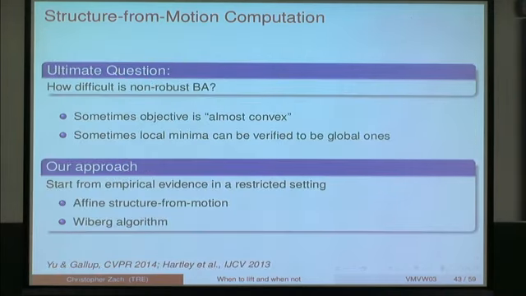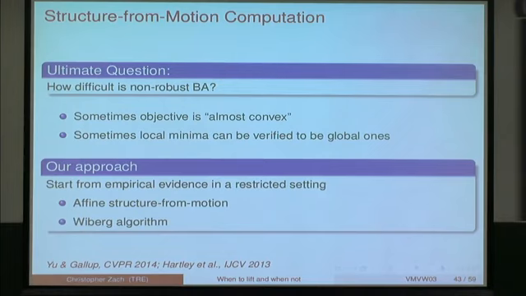But there are some examples when bundle adjustment seems to be an easy problem with a large basin of convergence, where you can start basically from some random initial points. One example is if you have extremely small motion, and there's a recent paper called structure from motion from accidental motion. Sometimes you can verify that a local minimum that's found is also a global minimum. I think Carl worked on this as well.